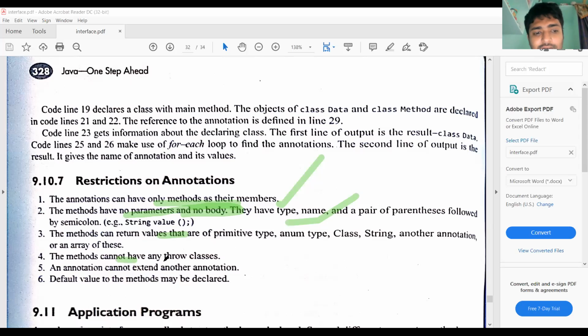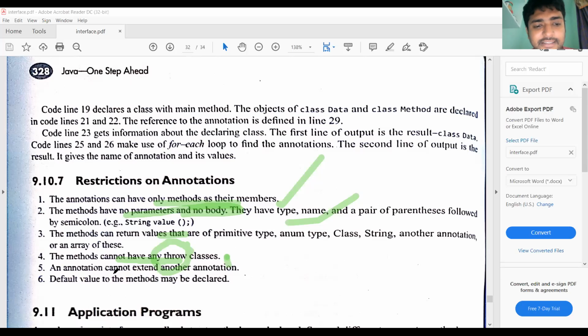The methods cannot have any throws clause. That means the throws keyword, as used in exception handling with try and catch blocks, cannot be part of a method defined in the annotation. That is another restriction.